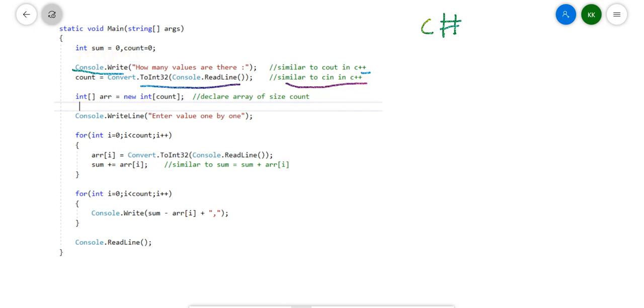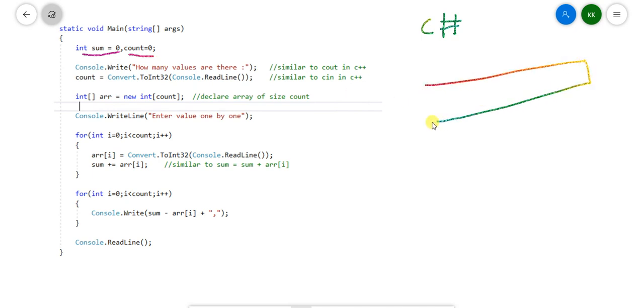So what we have done here is that we have taken the sum value and the count value. Count value is basically to take the length of the array, and the sum value, at the time of entering the values one by one, will also sum the values of all elements, so that sum will be stored in this sum variable.